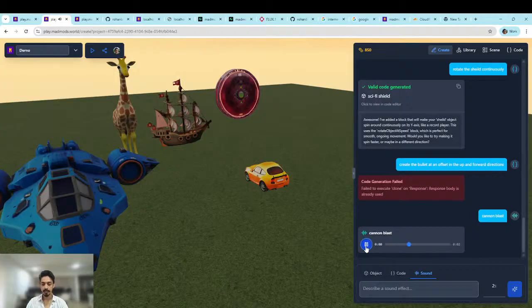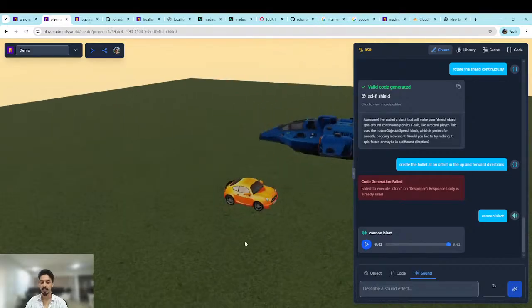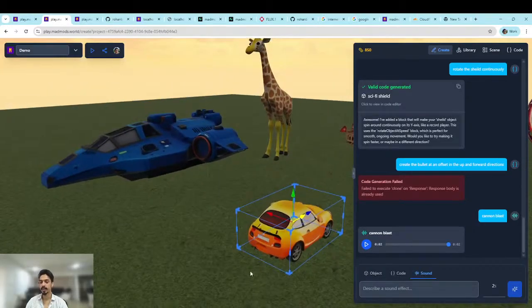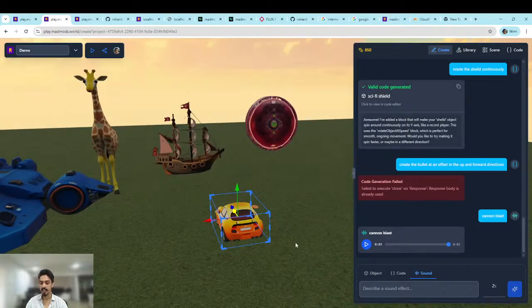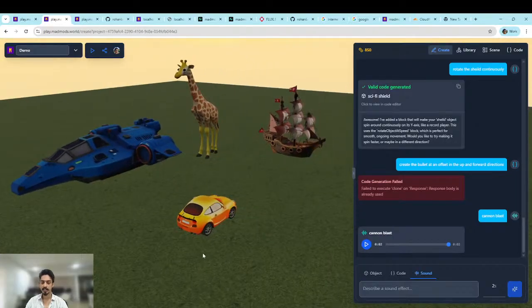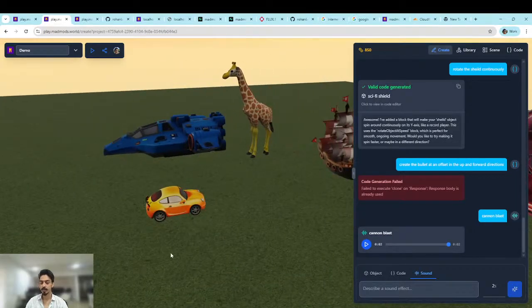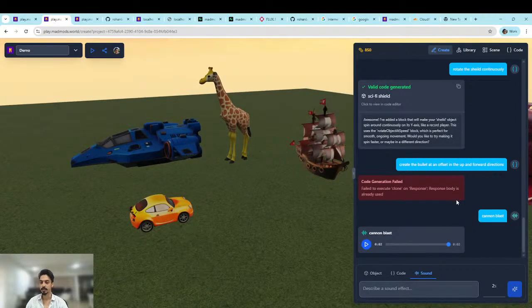Okay, play. Admittedly, it's not the best quality sound that's been generated, but it's something to play with already. Okay. So this sound model is going to improve very quickly. So the sound generation is going to get better and better as you play with it. In the next couple of days, the sound generation should be much more accurate as well. So now that this is generated, right,